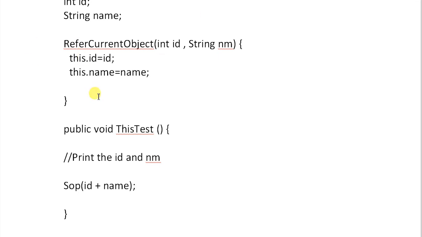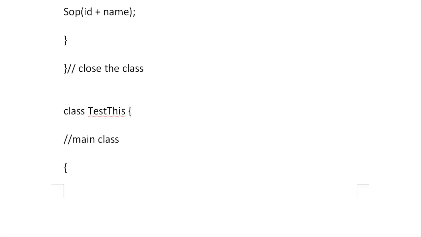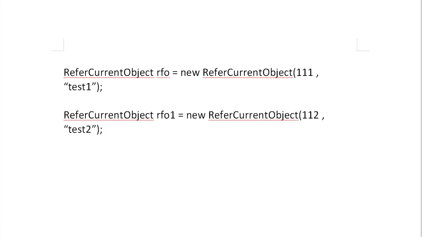And somewhere we need to call the method. So what is the method over here? This test. How can we call this test? By using the object again. So to call this test, I want to use 111 and test1 values. So I need to call like RFO dot this test. My job is done.